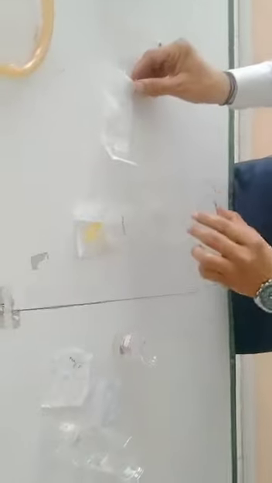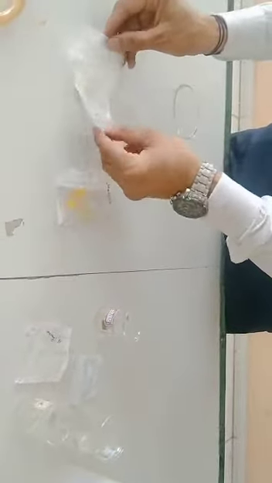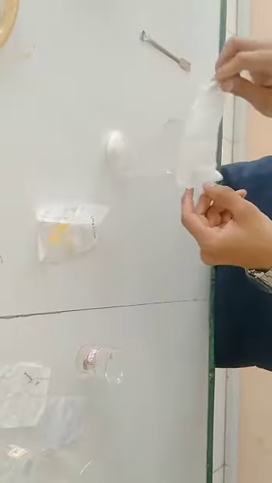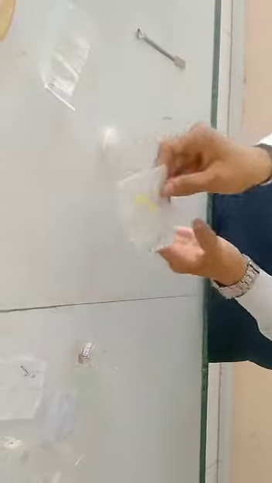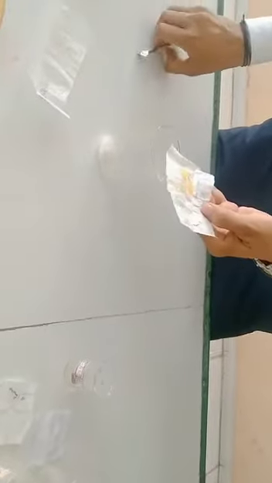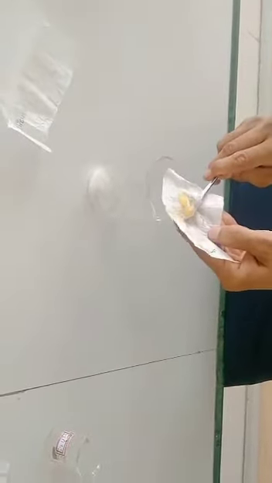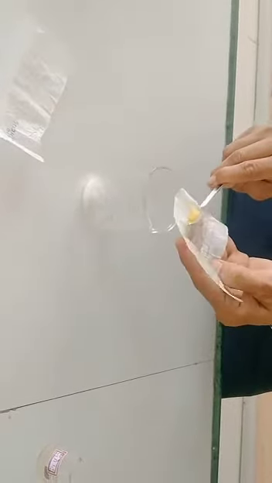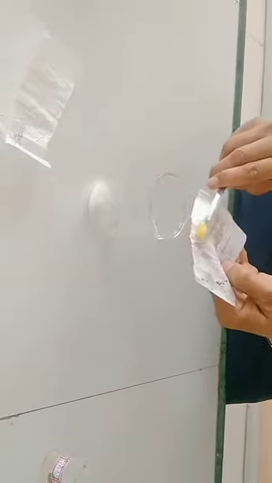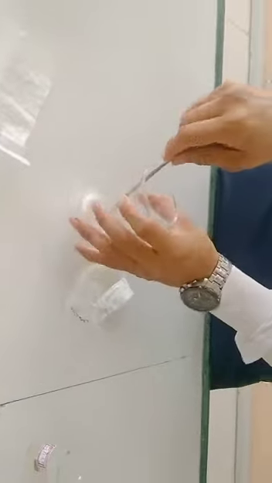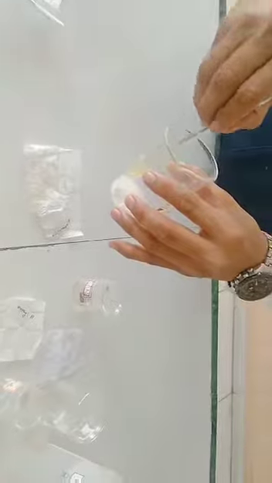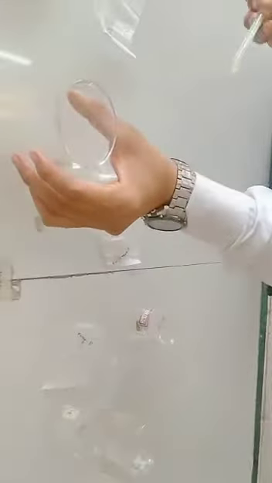Okay. Now we are going to take stearic acid. It is solid form and it is considered as an oily phase. Then we are going to add our linolene into it. Added our linolene into this beaker. So this is beaker number 1. We are going to keep it aside with the glass rod.